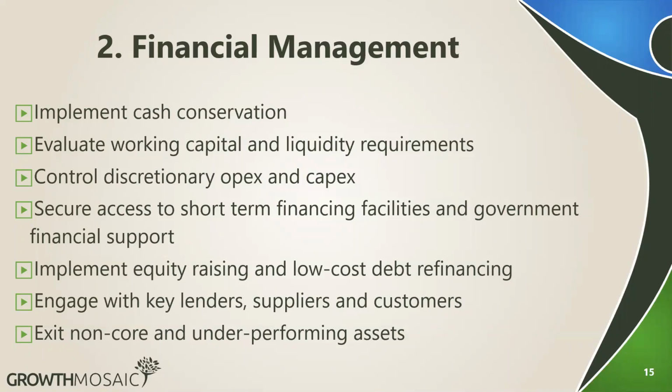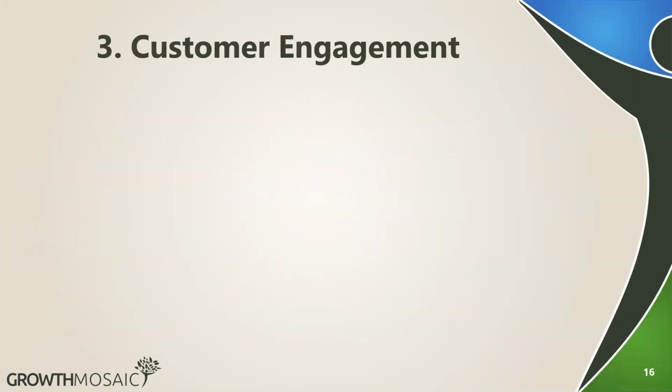You should focus more on your core products and not underperforming assets. So the third aspect is customer engagement. Now, COVID-19 has occurred. We've spoken to the customers. We've told them we are dealing with these issues. They should know, but we still have to tell them. How do we speak to our customers? Basically, how do we bring them on our side?